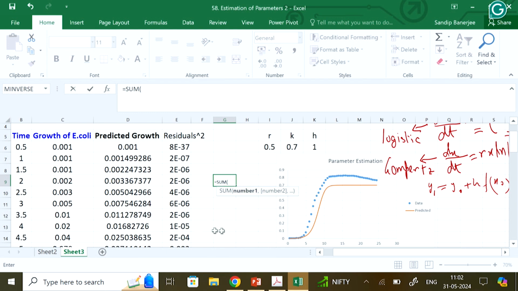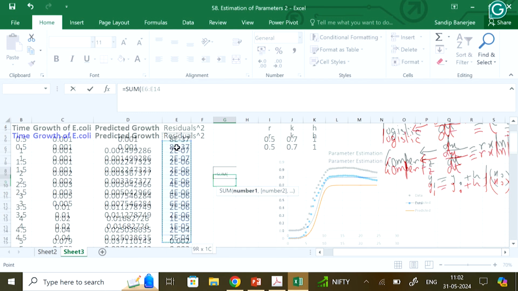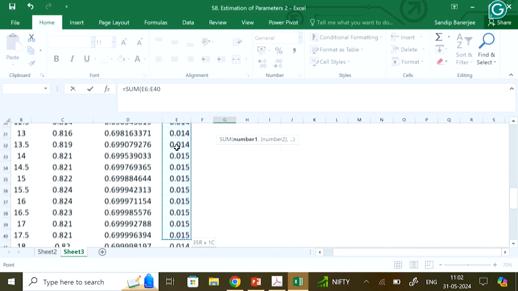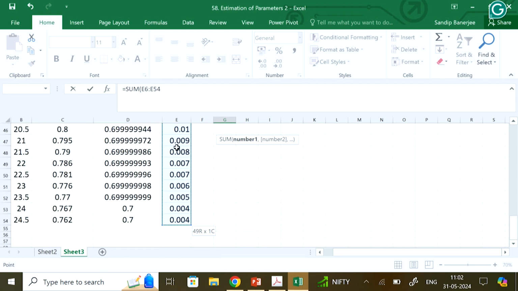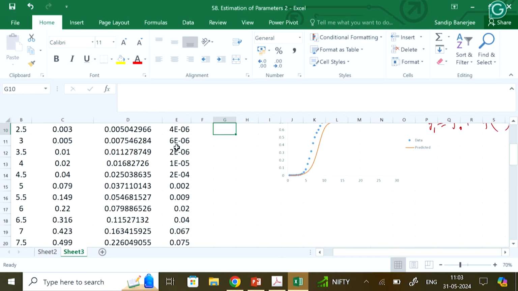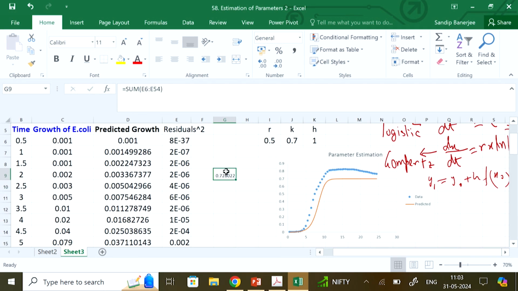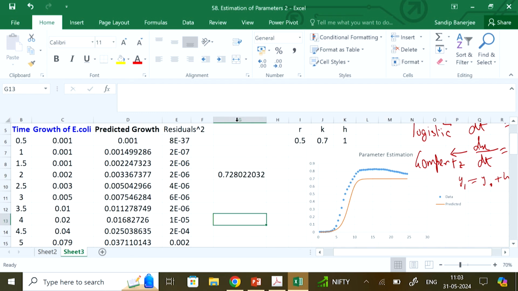You highlight this, press shift, go drag all the values this much, close the bracket and enter, and you get the sum. So, once you get the sum of the square of the residuals, now I have to minimize this value,